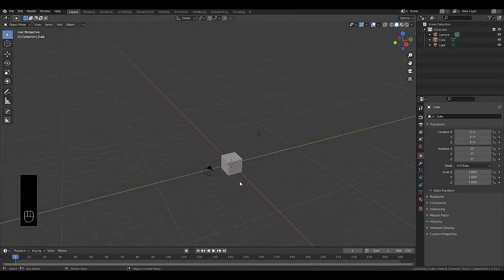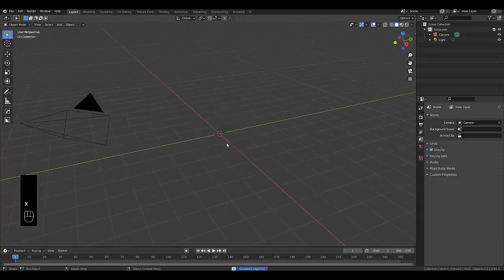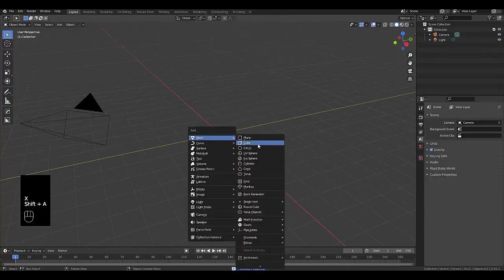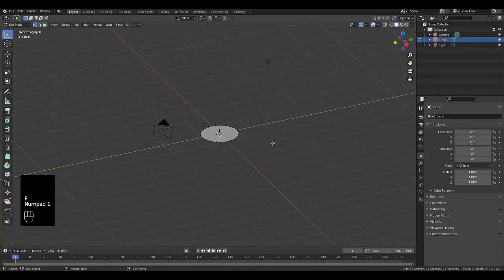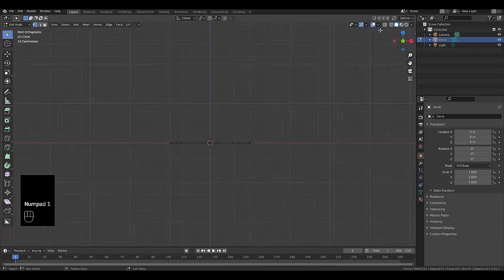All right, step number 1, select your default cube, press X, delete, Shift A, and we're going to make use of a circle mesh in this example. Press Tab, go into edit mode, press F to fill, press numpad 1 for front orthographic view. Make sure you got everything selected, and press E to extrude,